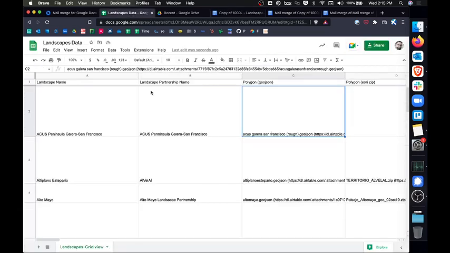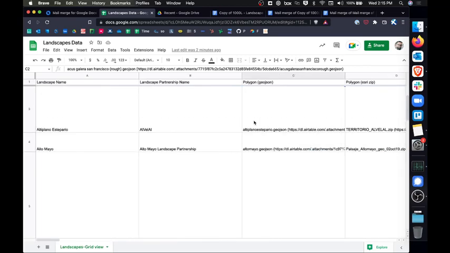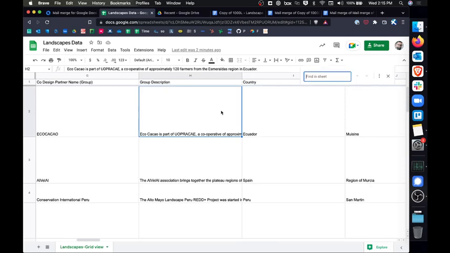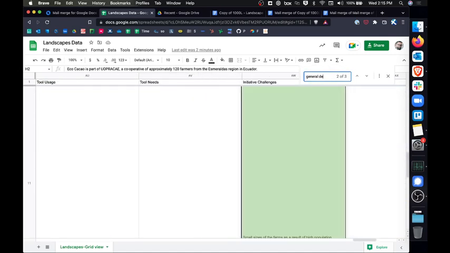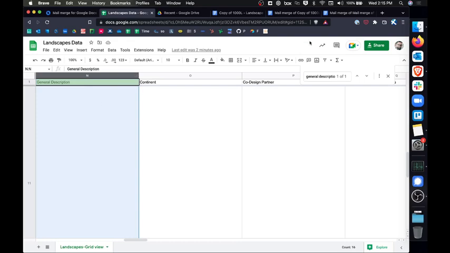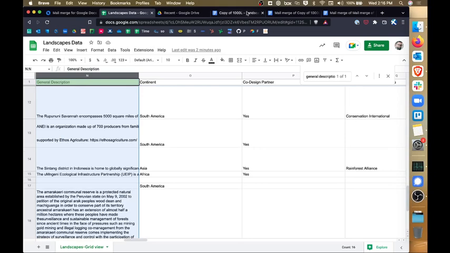So, for example, I have a column somewhere here called general description. Here we go. So column N has my data about general description,